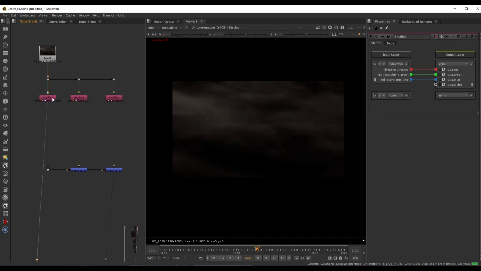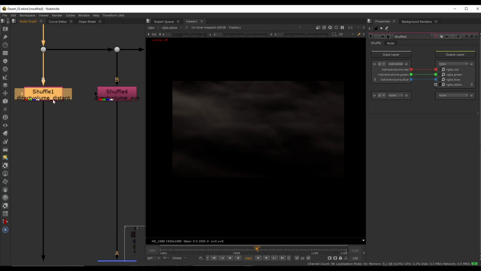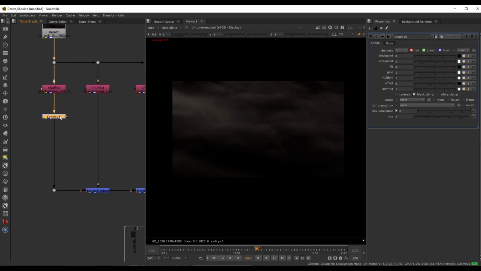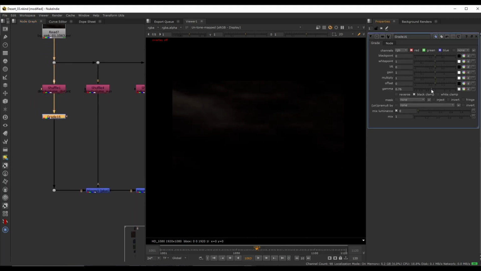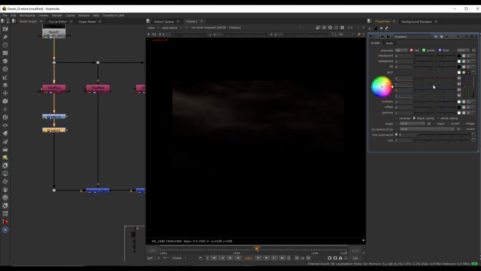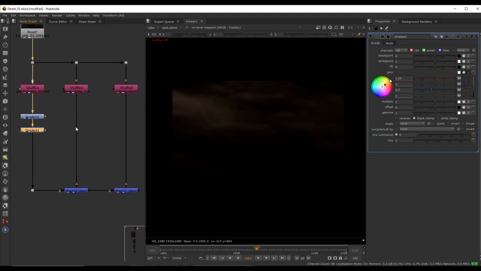I will go to the distant light pass over here. I'll drop a grade node with G, and I just want to crank up the contrast a little bit. So I'll decrease the gamma and increase the gain, and I'll add another grade node. For this grade node, we can go to the color wheel here, and let's reduce the blue and increase the red, so we make it a little bit brownish